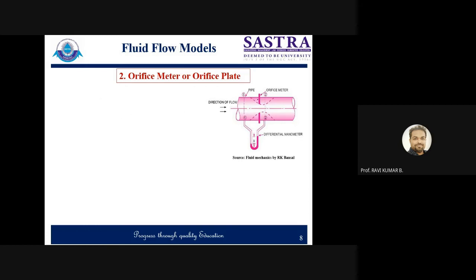As this setup is very simple compared to the earlier case where we were using three different kinds of sections, here we are creating the same sort of flow phenomena by attaching just one simple plate, right? It requires only one circular plate having a very small diameter, so all of a sudden fluid undergoes contraction, then expansion. So the same flow phenomena we can generate with the help of this simple device. If this is simple, that means it is cheaper in cost. So it is a cheaper device. This is one advantage of this.